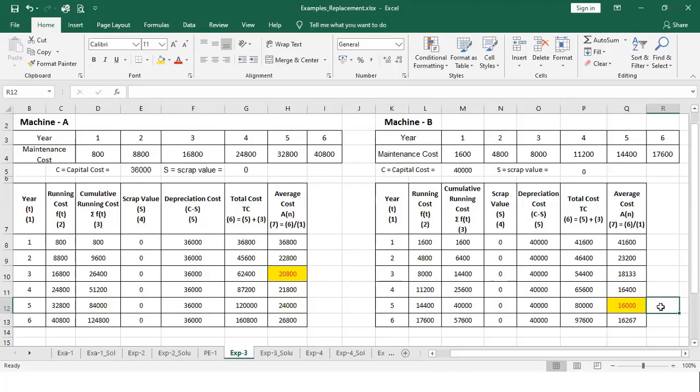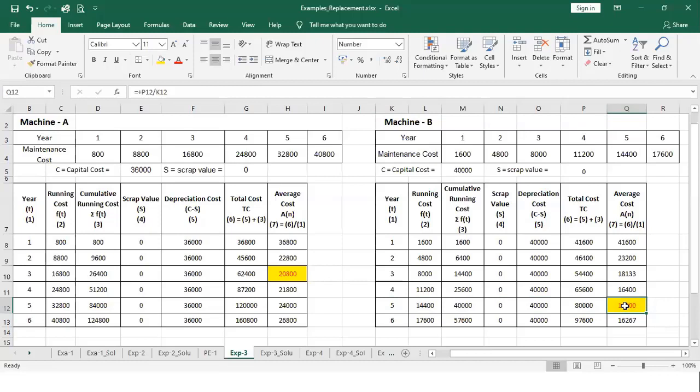Now, what the data says is, I am having machine A, and after 1 year of usage of machine A, if I have the opportunity to purchase a second machine, which may be a technological advancement, and I want to replace machine A with the other machine, then at what time is it advisable to change? For that, we do not compare the average cost for both of the machines, because it is not advisable. Now what we have to find out is that 16,000 is my average cost for this machine at the fifth year, 16,000 per year.